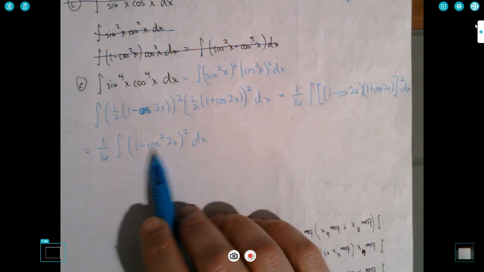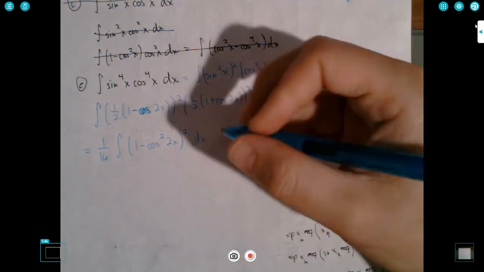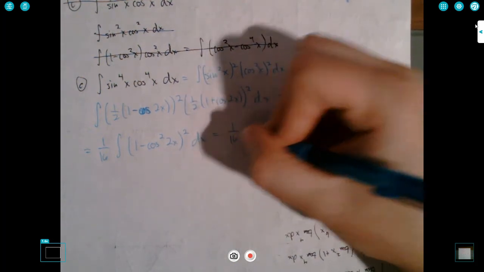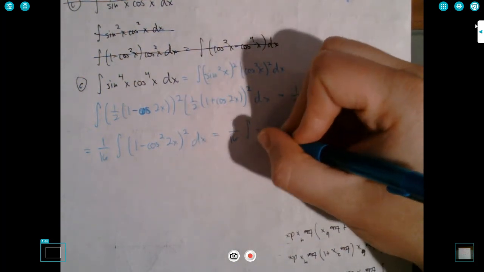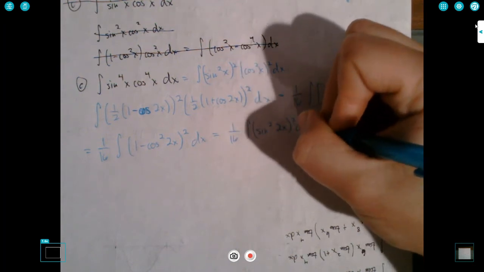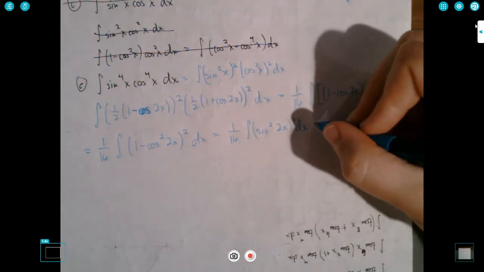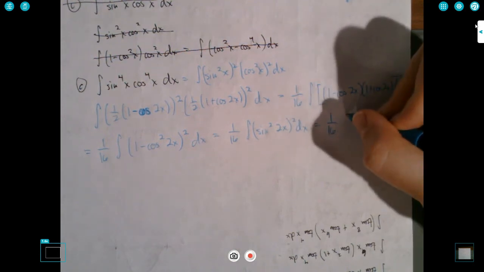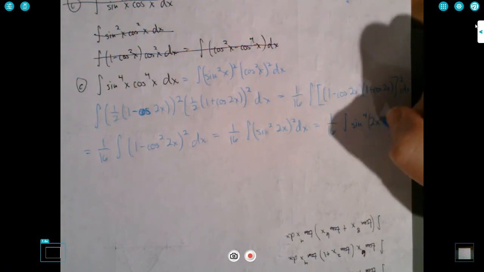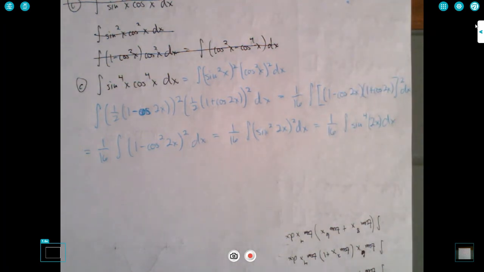It's sine squared, right? So this is 1/16 times sine squared 2x, squared. Sine squared squared is sine to the 4th. You get 1/16 sine to the 4th 2x dx. And